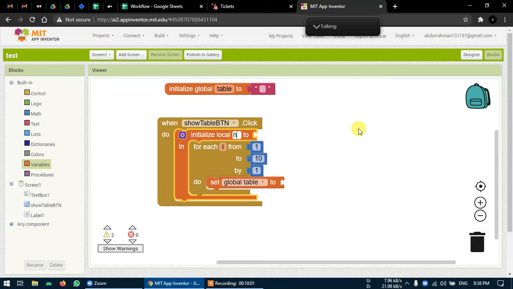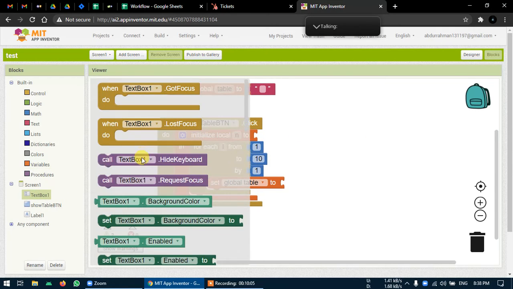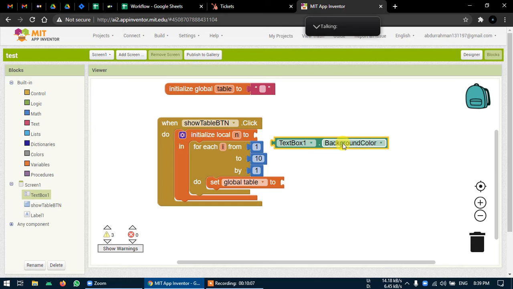n in this example. So n is something that is this one, the text of the text box. So we will be writing 2 on this text box, we'll be writing 3 on this text box, we'll be writing 4 on this text box. That's up to the user. If I write 2, this n will be 2. If I write 3, n will be 3. Okay.